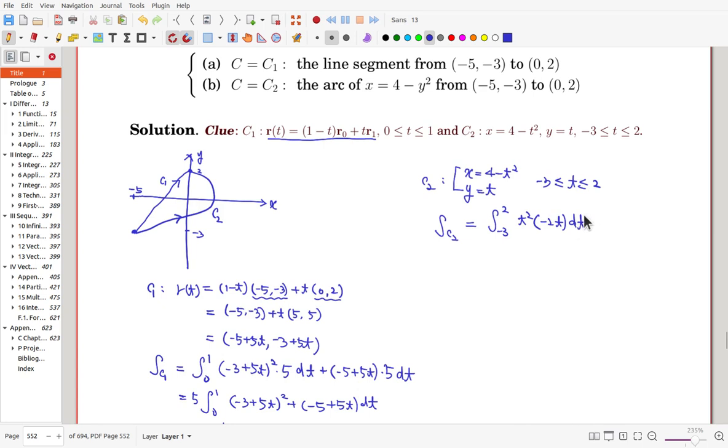Okay. And the second portion is x, so that is now 4 minus t squared, and y prime, which is